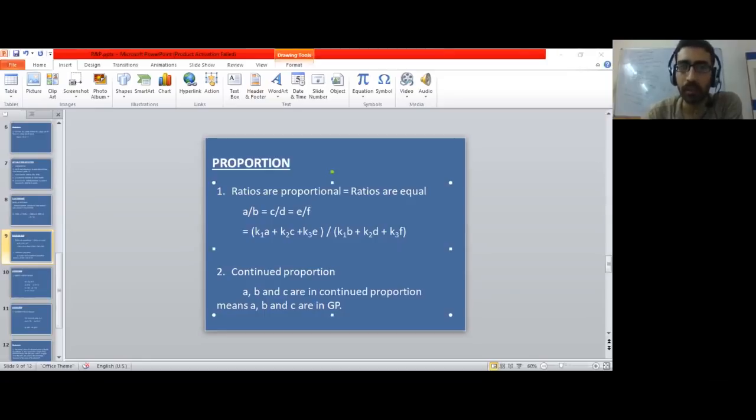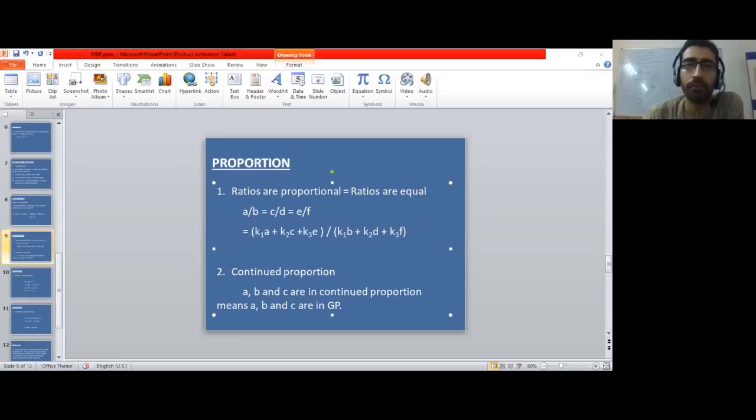In this practice set question number 1, power 4 has been given to each variable or each of the symbols. And the very important thing is that the coefficient of a and b is both 5. A to the power 4, b to the power 4, the coefficient is 5. C to the power 4 and d to the power 4, the coefficient is minus 13. And e to the power 4 and f to the power 4, again, the coefficient is plus 2. So you have consistent coefficients in the numerator and the denominator.